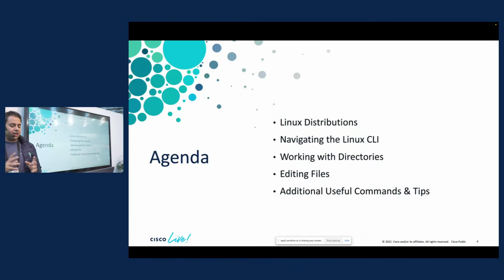And then we're going to look at how we can work with directories and editing files. I'm going to put you through a bit of pain and suffering. So we're going to look at VI and how to edit. And honestly, if you're familiar with all of this, this might be just a refresher. And then any additional useful commands and tips that you can use